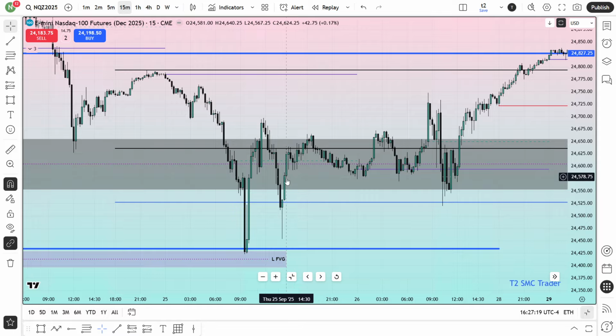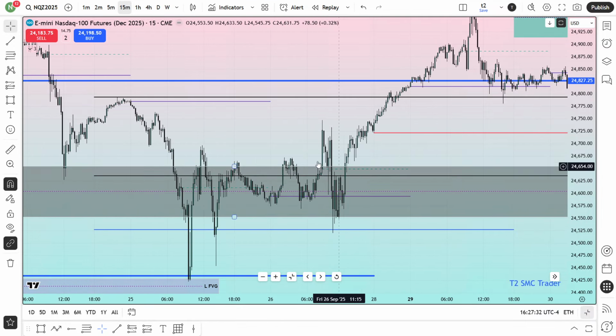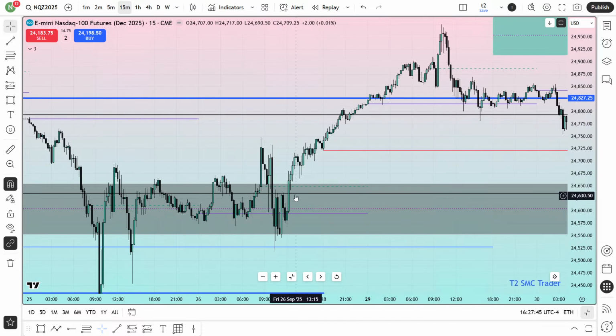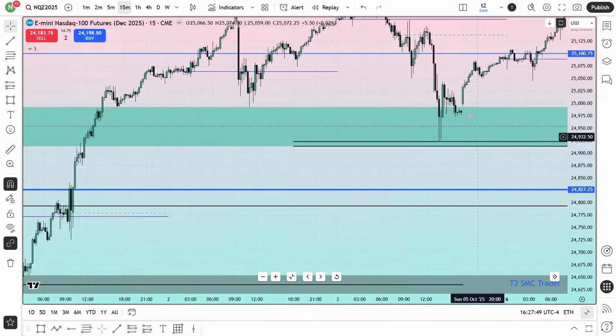What do you see? Last fair value gap to that leg. See this leg? This is the last fair value gap. It has traded this last fair value gap so beautifully, as well as this is that bullish fair value gap where I told that I want to see the body should close above the 50% of that bullish daily fair value gap. So this is that bullish fair value gap. Finally, this market came here, traded this last fair value gap, and left that gap open over here. We should expect that gap should be open. Remember from the daily chart, I told you that I want to see this gap should be open.